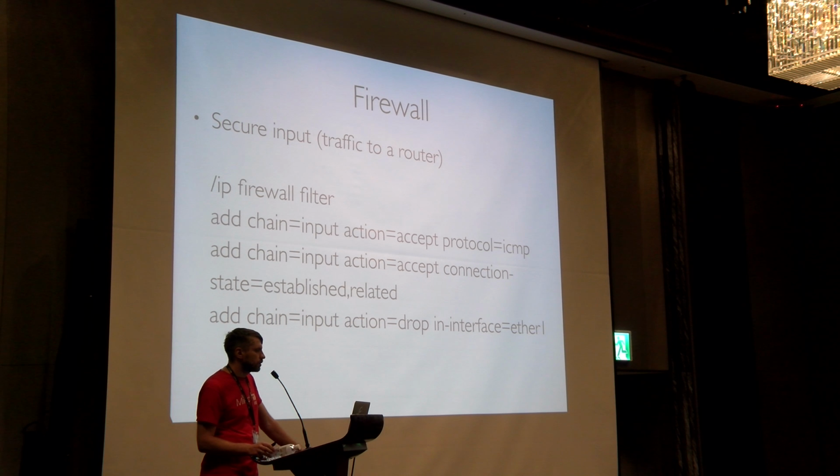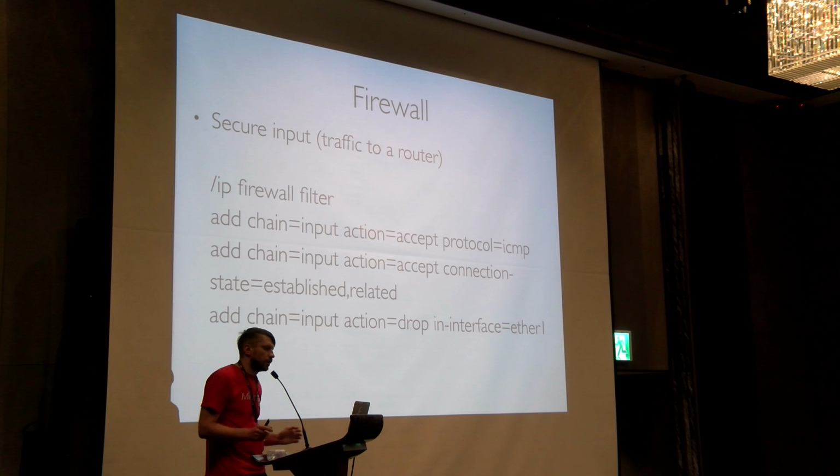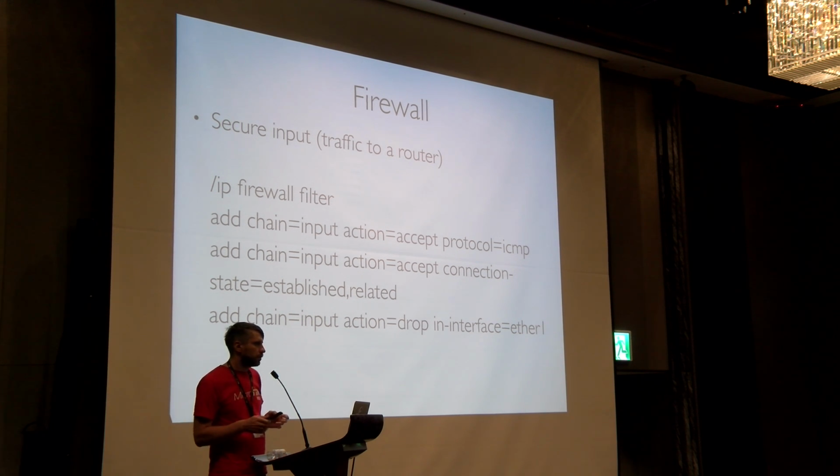MikroTik firewall allows you to work with a different type of packets, and we suggest that you accept so-called established packets in the firewall, and you work only with the new packets. So in this example, we have 3 rules. First rule allows ping to your router. Maybe you want to allow ping from everywhere, let's imagine. Then second rule accepts only established and related traffic. And established and related traffic, it means that it belongs to some of the connection that was done to the